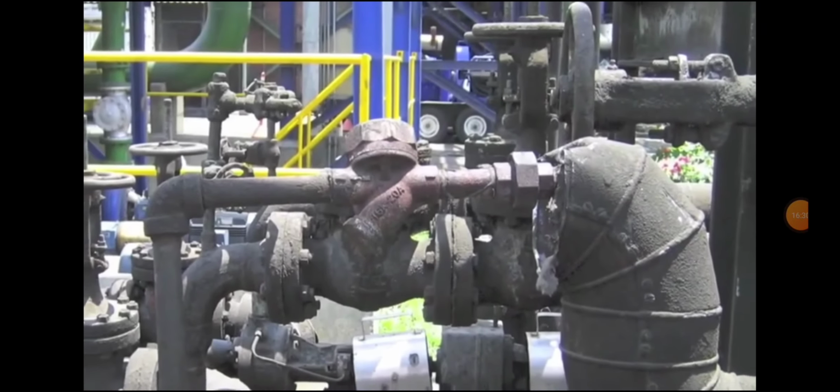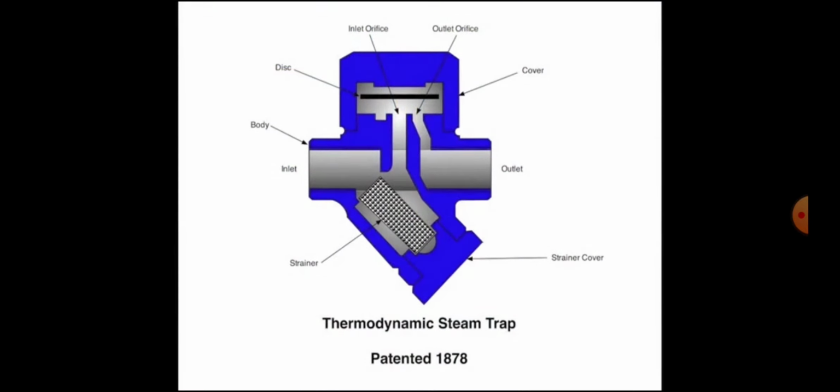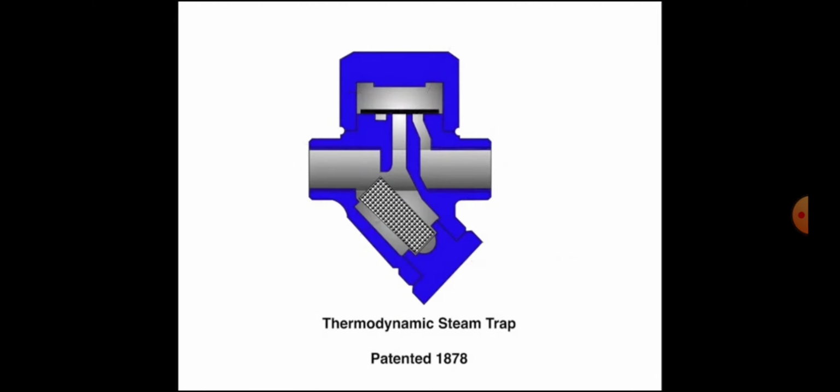For example, the thermodynamic disc trap is the most popular design used across all industries today. First patented in 1878, the thermodynamic disc trap operates on the difference in flow velocity between a liquid and a gas. When liquid is passed through the trap, the disc is pushed out of the way of the flow path, allowing free discharge of condensate. However, when steam or air enters the trap, the velocity of the flow increases and the disc is pulled onto the seat. When the steam keeping the disc closed condenses, the disc is pushed off of the seat and the cycle repeats itself.